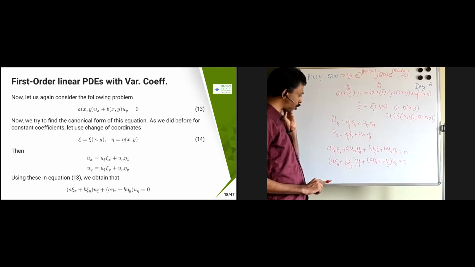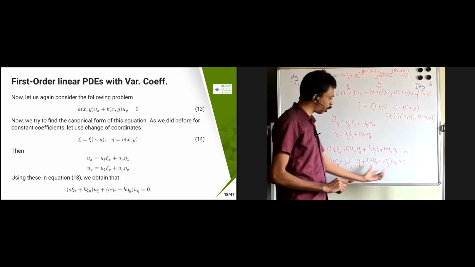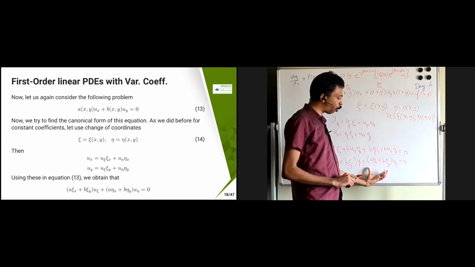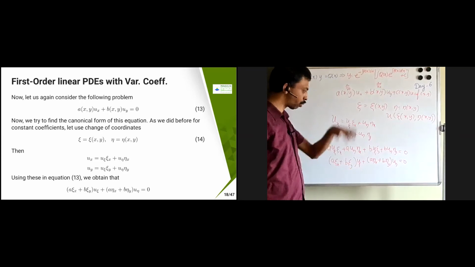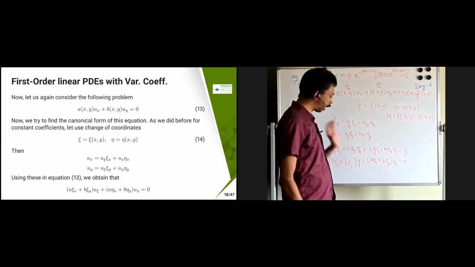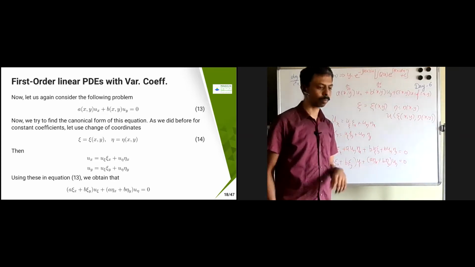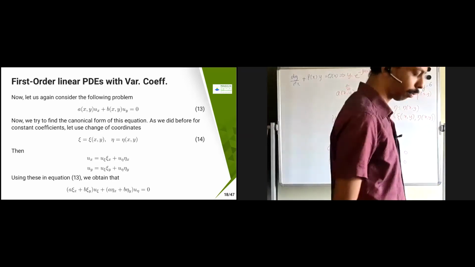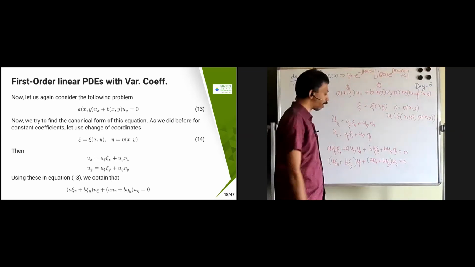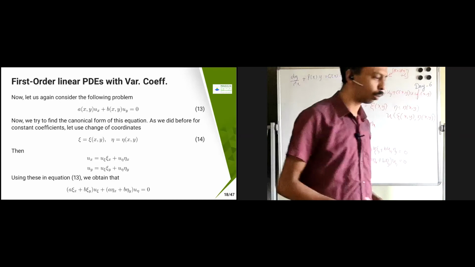But here I have some problem because I have u_chi and u_eta. Again, this is not going to become an ODE. If it is an ODE, at least one of the coefficients would be 0. In the previous one, automatically it became 0. The u_eta term was becoming 0, so I was happy with that and it was easy to do. Now the problem is that none of them are becoming 0 here. So what do we do? What do we do here? My aim is to bring this into an ODE, but it didn't come. What can we do now?